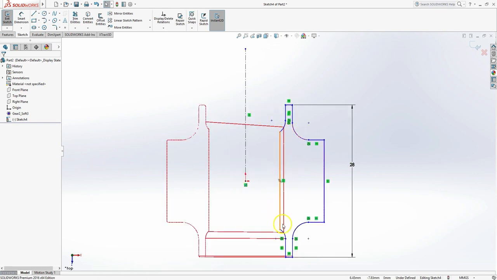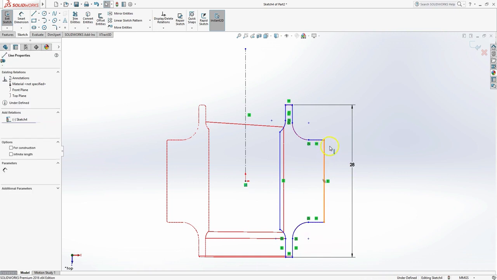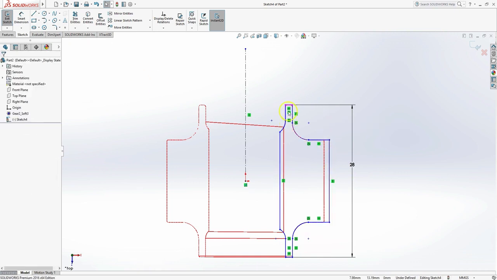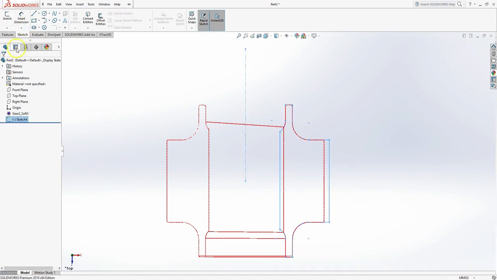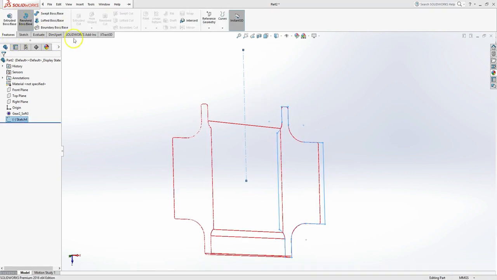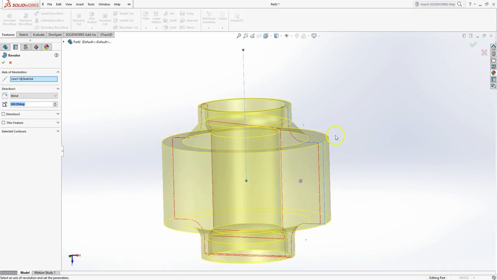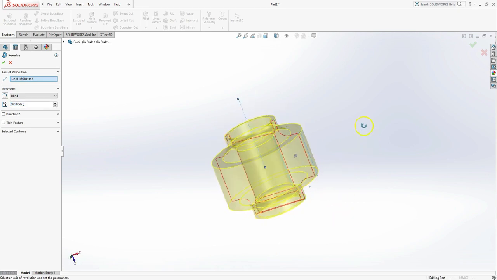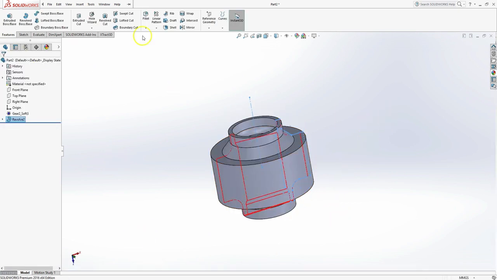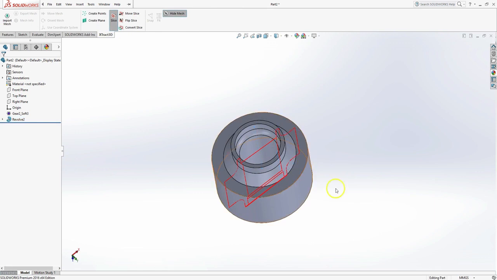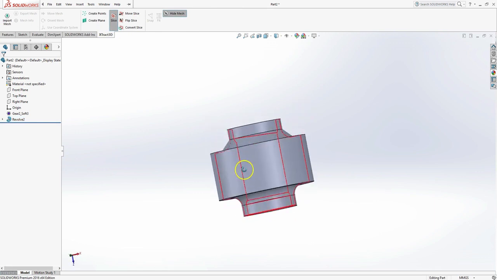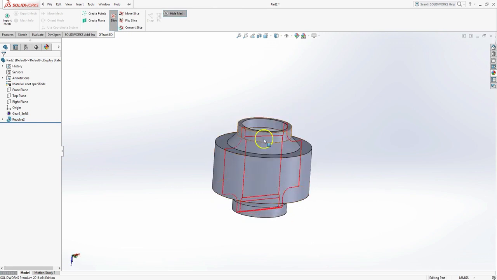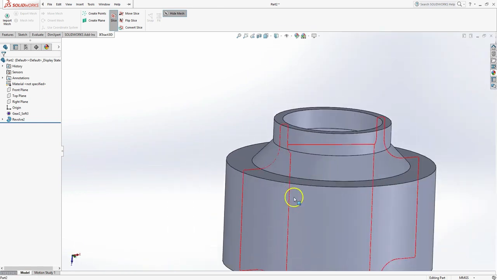We've over-trimmed, so there's a little bit of extra material on the inside. Matter of fact, I might even do the outside the same. Get a little bit of extra material so we can cut that away later. And here we go. And a revolve base. Just like that. Okay, so step one was to create this kind of 3D revolved feature around the exterior of the part. Done.